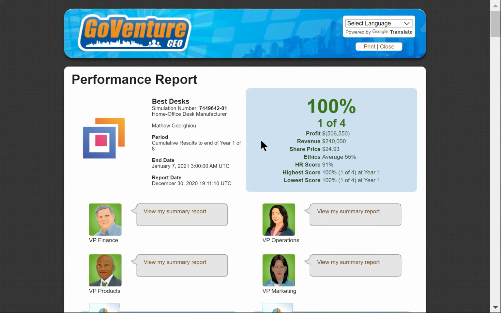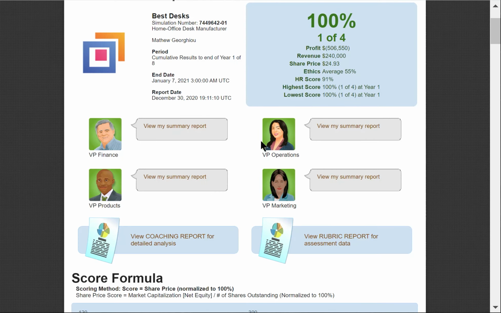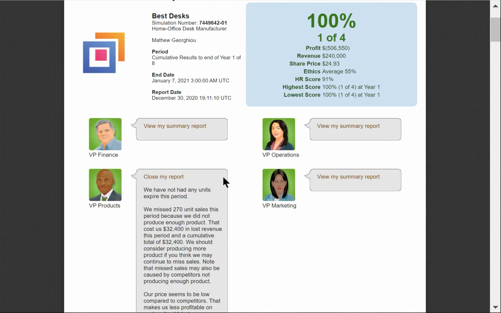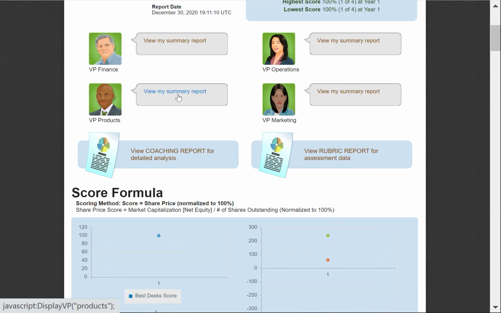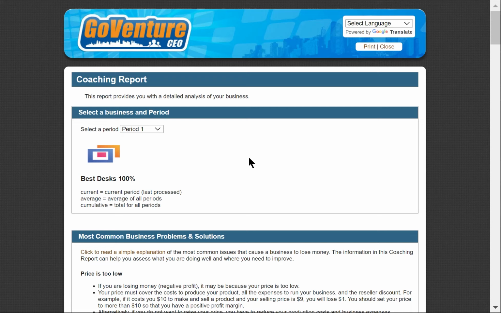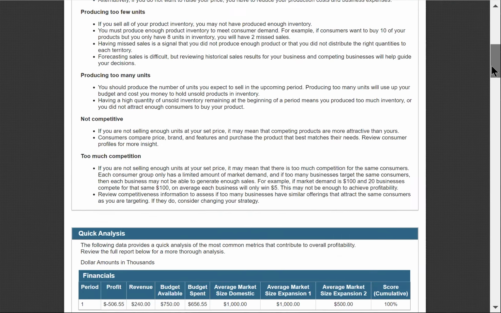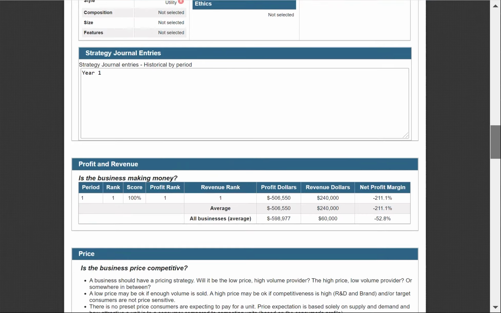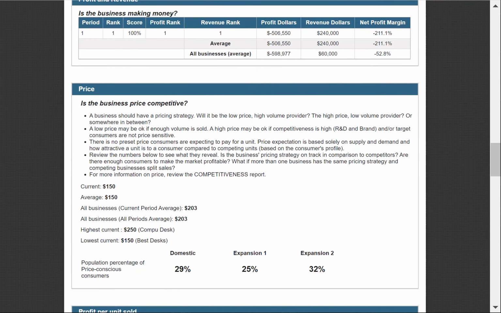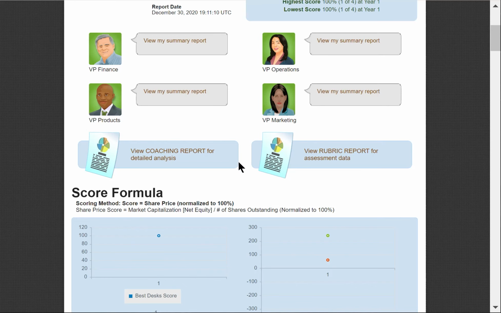It's paused at the beginning of year 2 with a new budget. My budget is now reset, and I can now allocate that budget to different areas of my business. Now, some other things you should notice in the performance report: we have our advisors that are going to give us advice. We should read that advice every period, see what they say. We also have access to a coaching report. The coaching report assesses our strategy and gives us really great advice as well in terms of understanding how our simulation is working out for us, or our business decisions are working out for us.